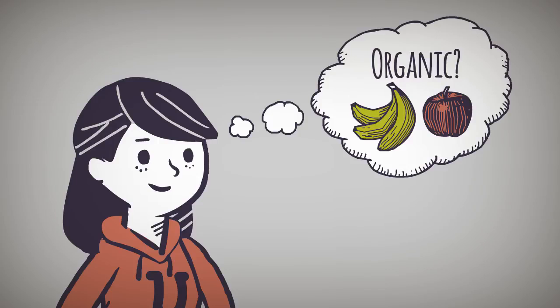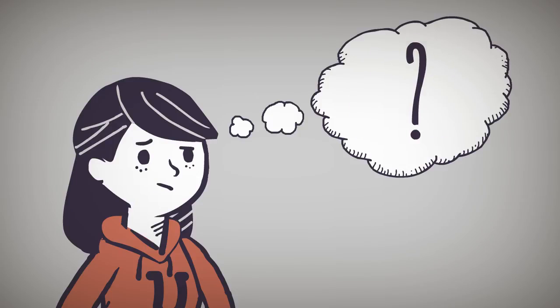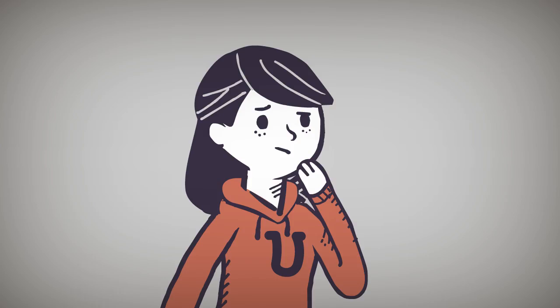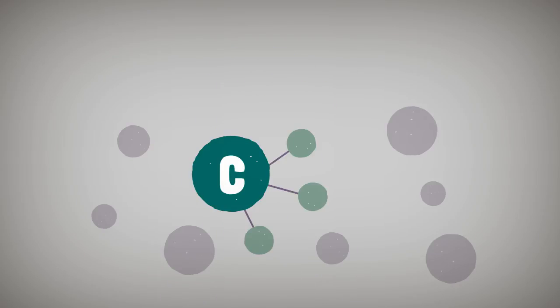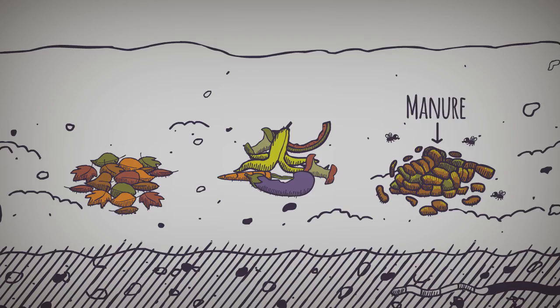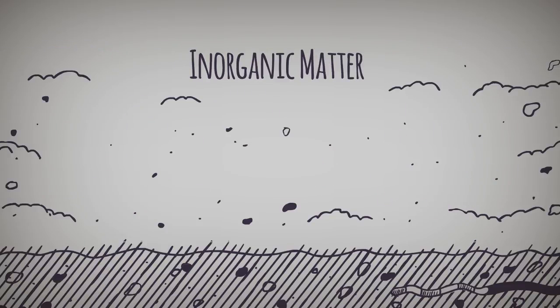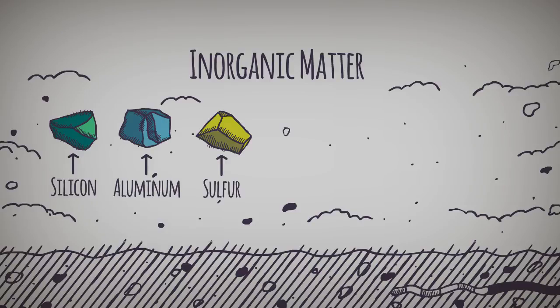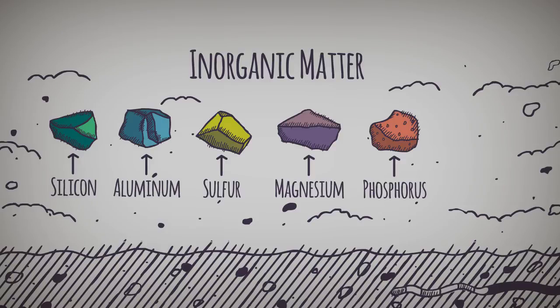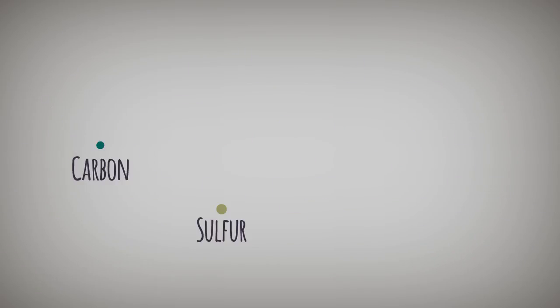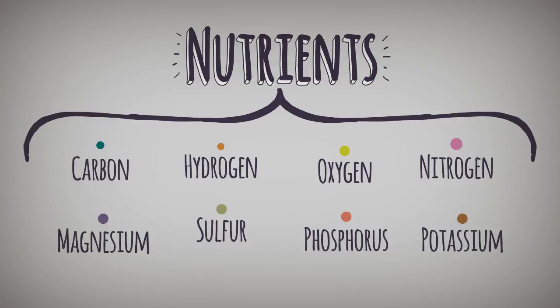way, is not the same thing as organic produce. No, organic matter is anything formed by living organisms that contains carbon compounds, such as manure, dried leaves, and food waste. Inorganic matter, on the other hand, is composed of other common elements like silicon, aluminum, sulfur, magnesium, phosphorus, and potassium. Many of these common elements are important because they are nutrients for plants and animals and are often the